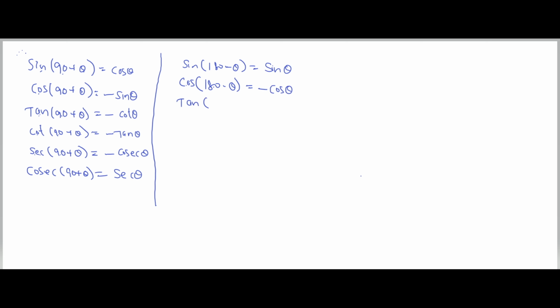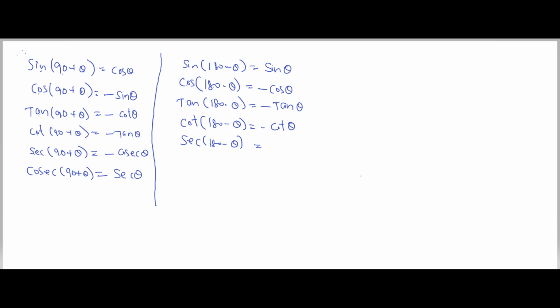Tan of 180 minus theta. 180 minus theta lies in the second quadrant. In the second quadrant tan is negative, that is tan of 180 minus theta is minus tan theta. Similarly cot of 180 minus theta is equal to minus cot theta, and sec of 180 minus theta is equal